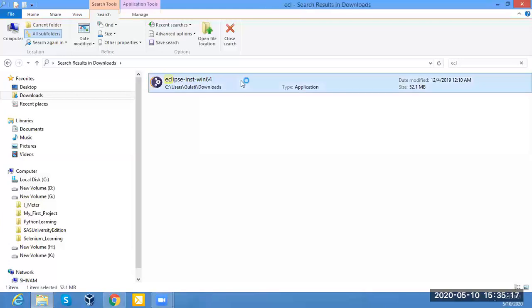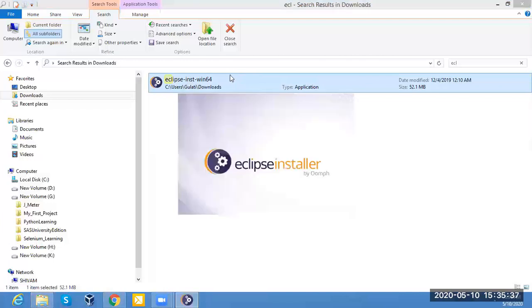Double click on this file. Give me a moment, it will take some time, and then it will start downloading the Eclipse file.